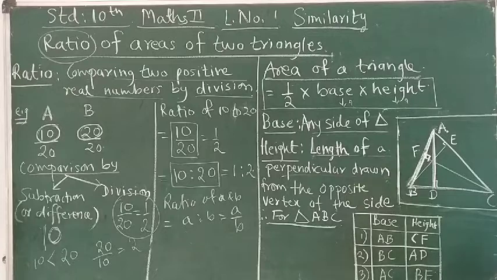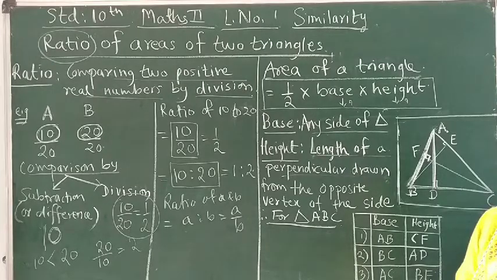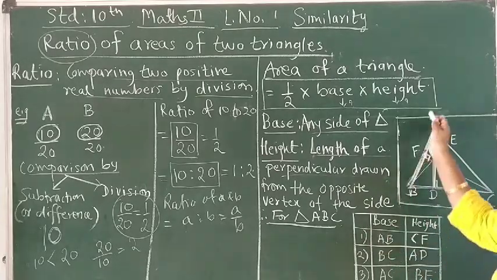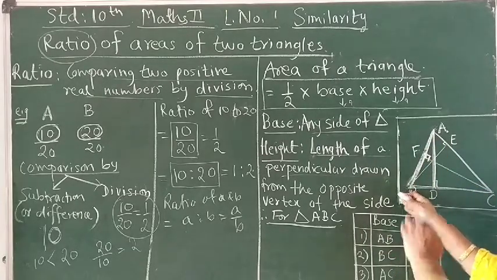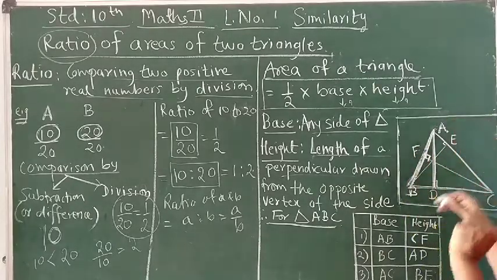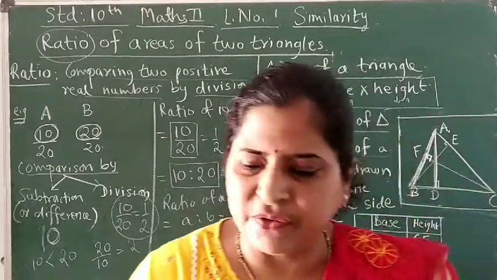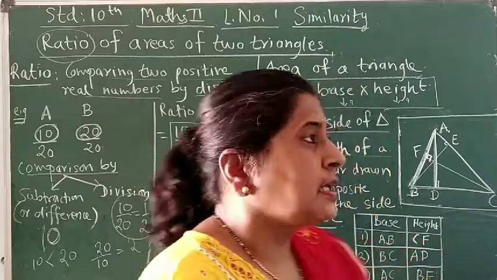Is that clear? It is generally misunderstood that only this side should be taken as the base and this should be the height. Yes, it is base and corresponding height, but it is not always that the side of the triangle drawn horizontally should be taken as the base. Even this side can be taken as a base, and then the corresponding height will be CF. And for this side AC, BE is going to be the height. So when we understand these three basic concepts which we have learned in the previous classes,